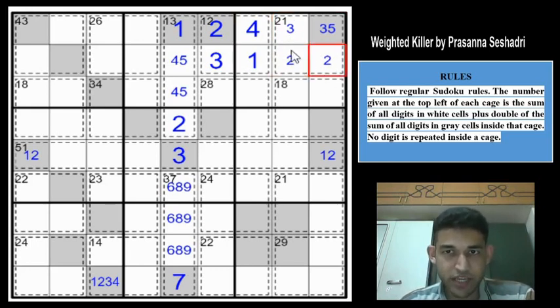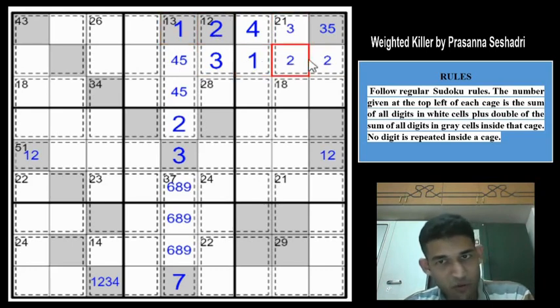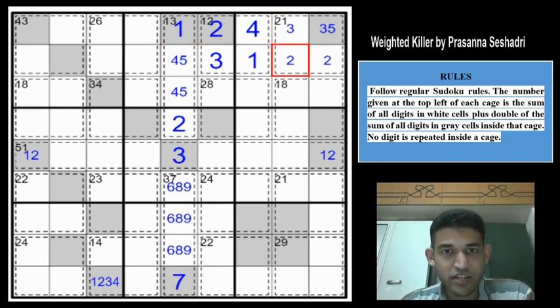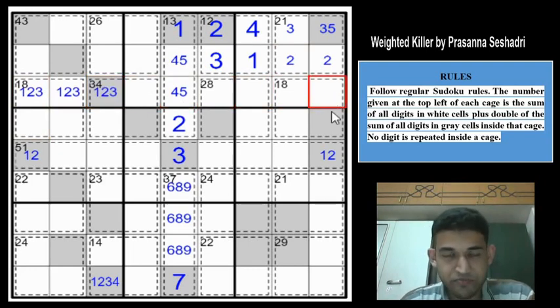So let us make use of these fixed pencil marks. If you see, we have 1, 2, 3 here, and we have 1, 2, 3 here. So that gives us a nice triplet along row 3 of box 1. So we can pencil mark them. This will be 1, 2, 3, this will be 1, 2, 3 and this will be 1, 2, 3, right? Because they can't be in any of these 6 cells.